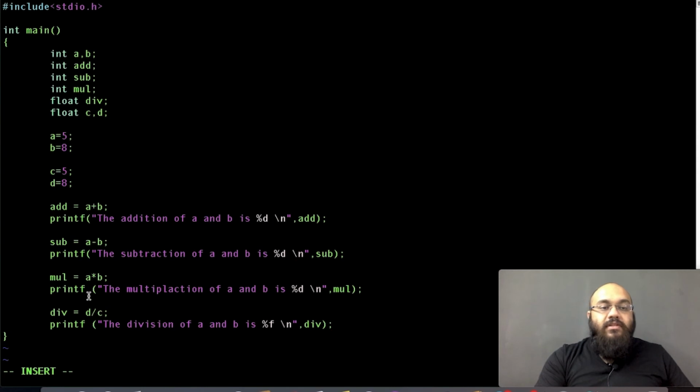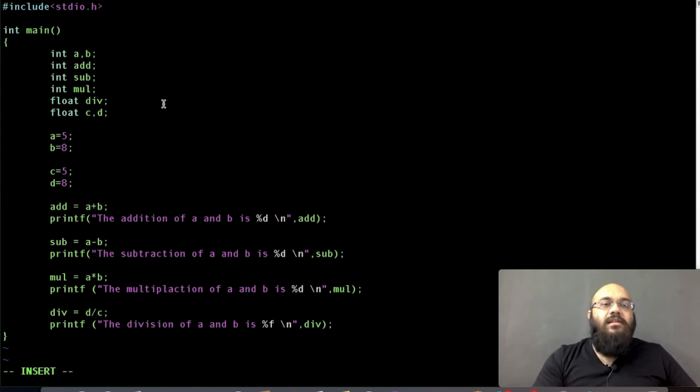Okay, so why was this happening previously? Because we were trying to divide two integers and storing the value into float, which doesn't really work, because it works if there is any integer output, but after a decimal it won't compute anything. So to work with floating values, we have to define it as float as well. So float c, float d, then it works. You see very properly that every statement has been ended by a semicolon. This marks the end of this statement. If you miss this, again the compiler will give you an error, like I got an error twice.